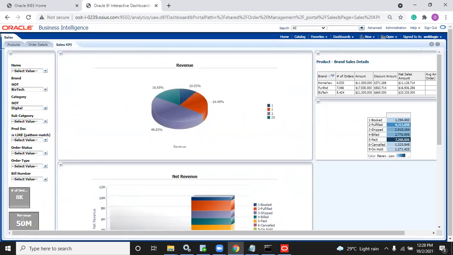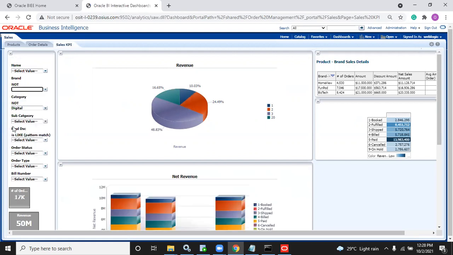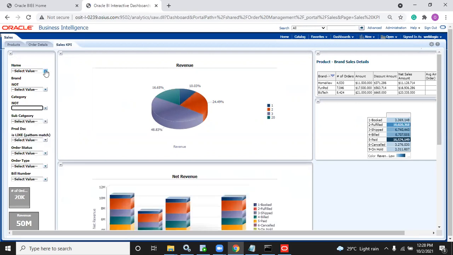This is small, this is medium. You can change that. I made this as small, I made this as medium. You can change it. Now, based on whatever you selected in brand, for example, I selected product. The reset button is not there. Where I want, I can select that. I don't want it right now, so I remove that.